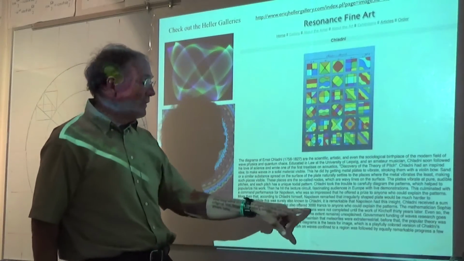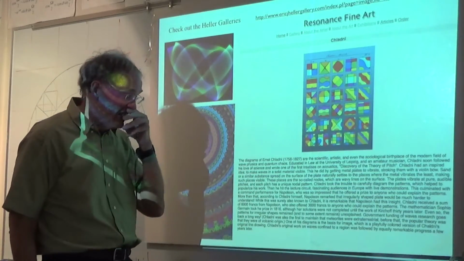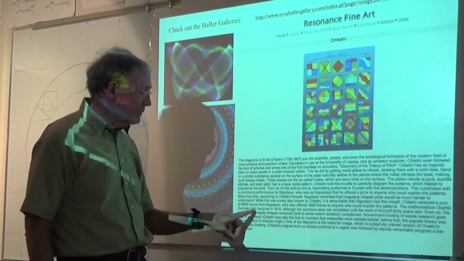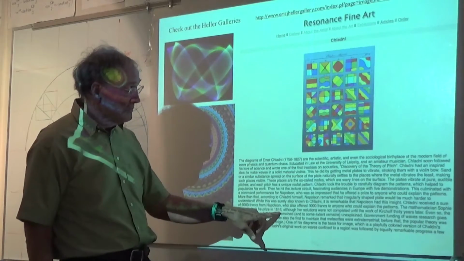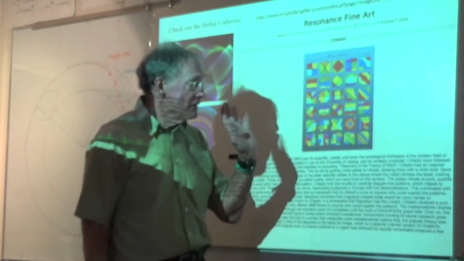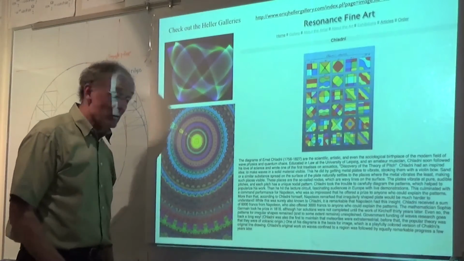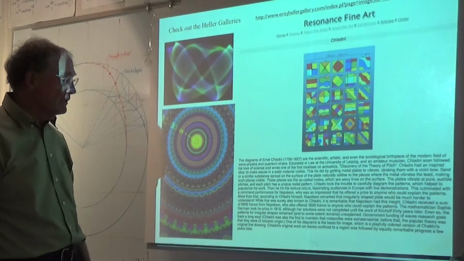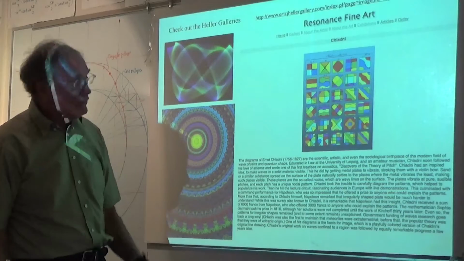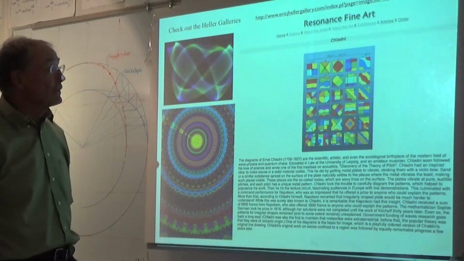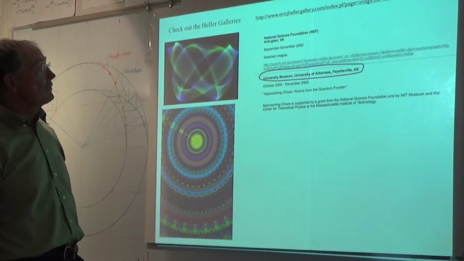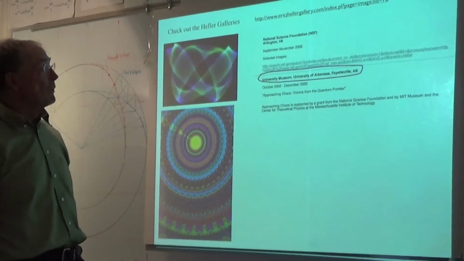Napoleon offered 3,000 francs, that's a hell of a lot of money then, to explain the patterns. And the mathematician Sophie Germain was the one that actually won the prize. Although, as Rick points out, her solutions were not completed until the work of Kirchhoff quite a few years later. By then, Napoleon was in jail, so he couldn't give another prize. But this is one sort of heritage to looking at waves with color, which is what Rick has done. And one of his shows was at the University of Arkansas. I brought him here